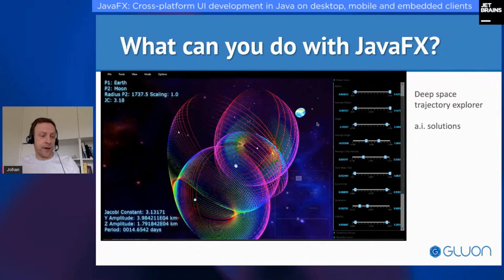But I'm fortunate enough to know some great projects. For example, this is a deep space trajectory explorer created by AI Solutions. It's being used by NASA to visualize orbits around the Moon, Earth, or in any kind of orbits. And this uses lots of computations and visualizations that need to be updated very often and very fast. So this really stresses the system that it is running on, and there the hardware accelerated rendering of JavaFX is